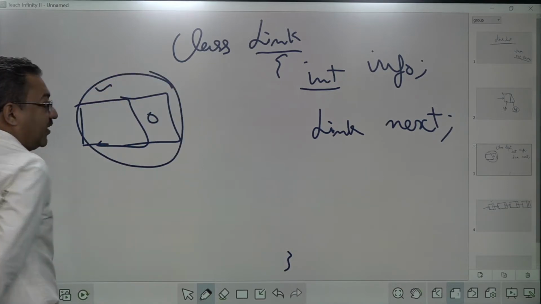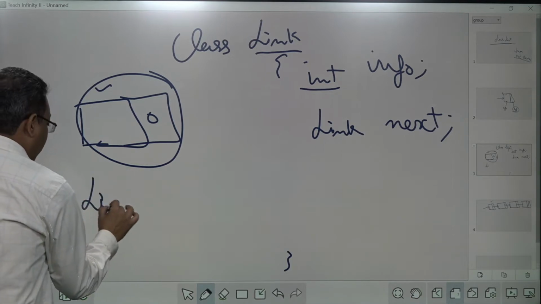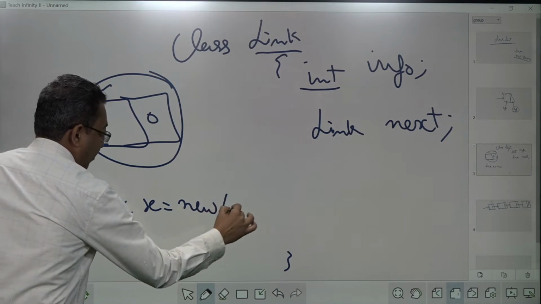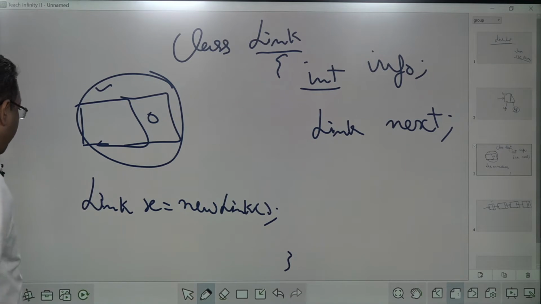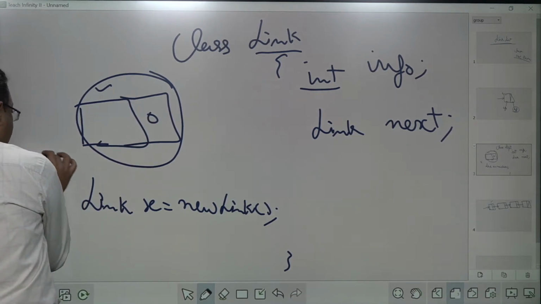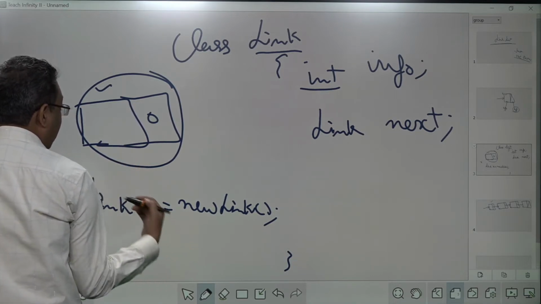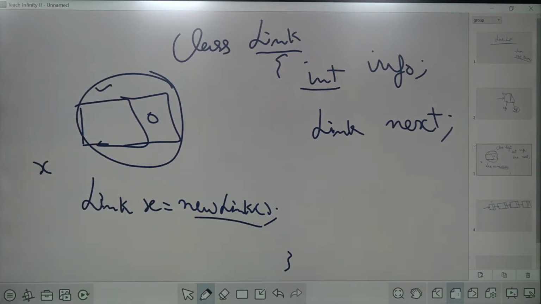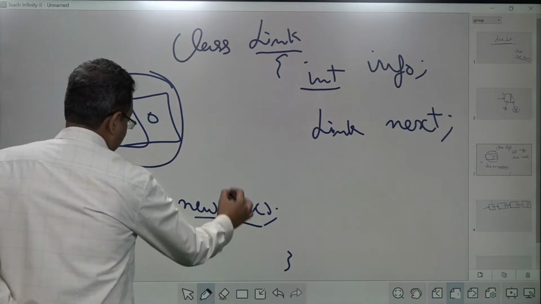And how to create the object in Java? Everybody knows it. We go for link x equal to new link. So whenever I am doing this, what is happening? X is something which can contain the reference, which can contain the address of the object that I have created using the pointer or using the constructor.